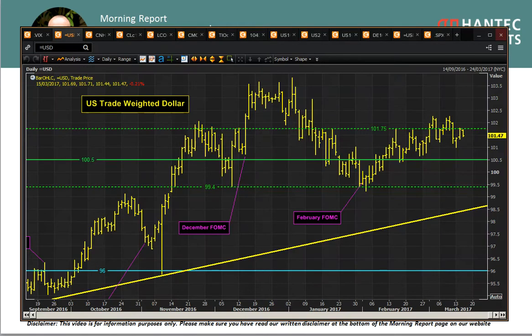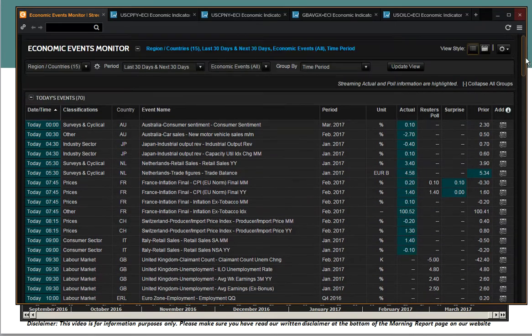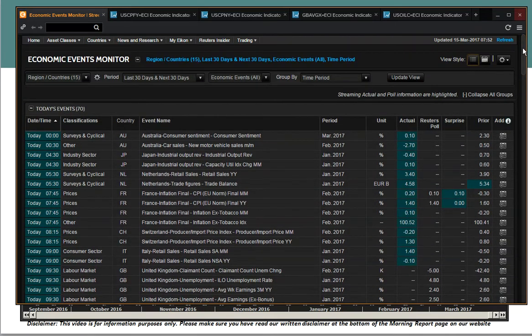Now the Fed is not going to really surprise markets tonight, I don't think. You've got an expectation of a 25 basis point rate hike. That is pretty much baked in, 90% probability on the Fed funds futures, but it's the language surrounding the Fed move which will be interesting, whether that is a hawkish or a dovish hike. Looking at the dot plots, whether the dot plots extend from 3 hikes to 4 hikes,